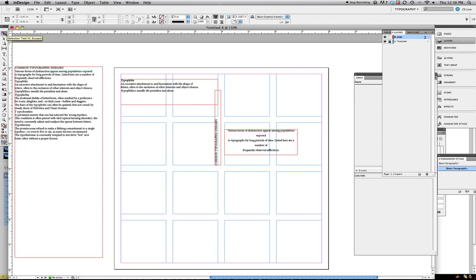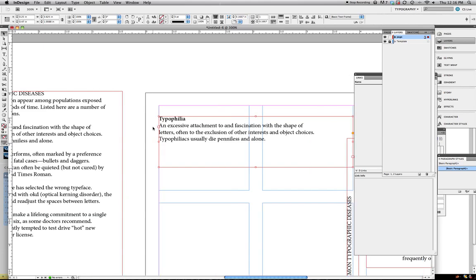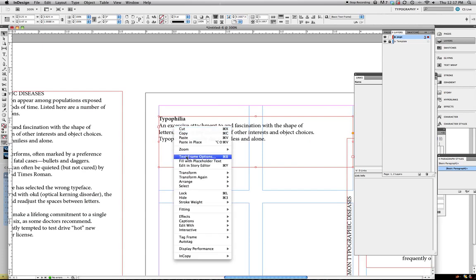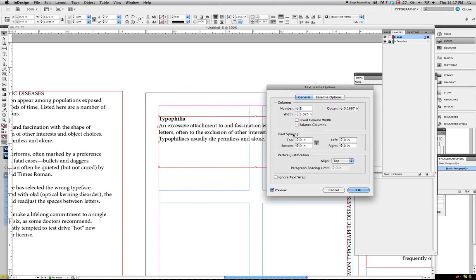And if you're on one of these text boxes, kind of zoom in, and if you want to mess around a little bit here with the padding of the text, padding is what we call like the inset. Right click or control click and go to text frame options. And this is where you would do your inset spacing, because a lot of people, what happens is that, let's